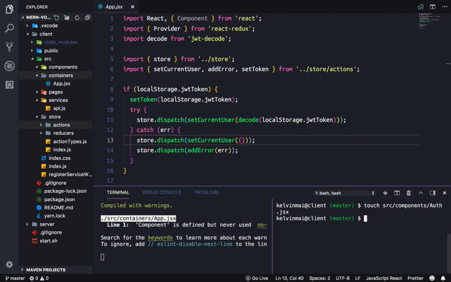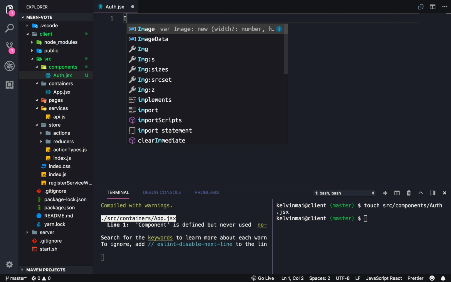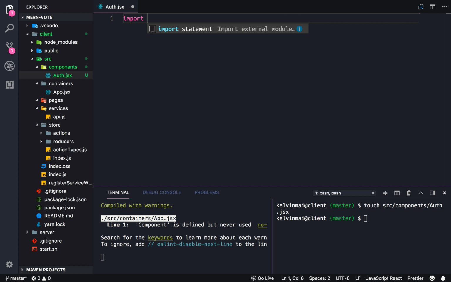Let's open up that file. There we go. Okay, so like every React component, there's the usual boilerplate. So import React from React,